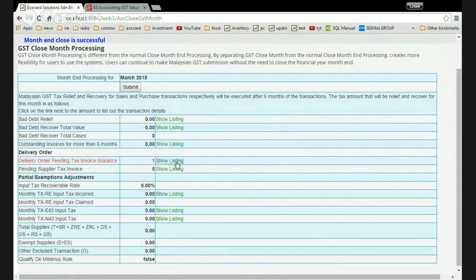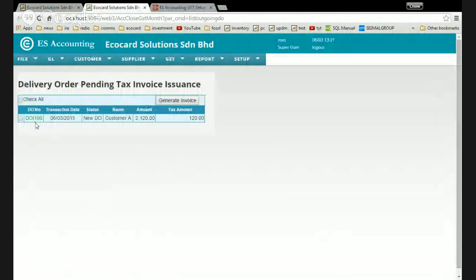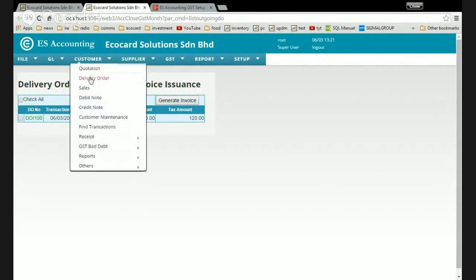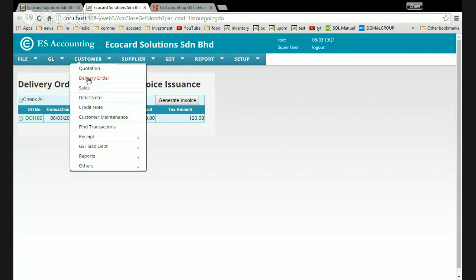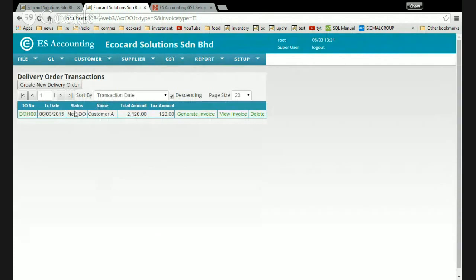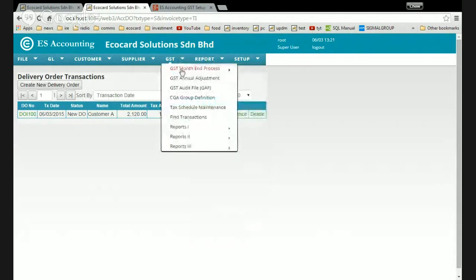You have to issue the invoice. Okay, so click onto here, it will show you the listing. Okay, there's one. All right, so you can come here to generate the invoices, or you can go back to DO to generate invoices. Okay, so it's up to you how you want to do it. Now, if I come back to here to generate invoice, what I have to do is just click. So now you are in the month of March, because I've moved on to March already. Okay, you check here,